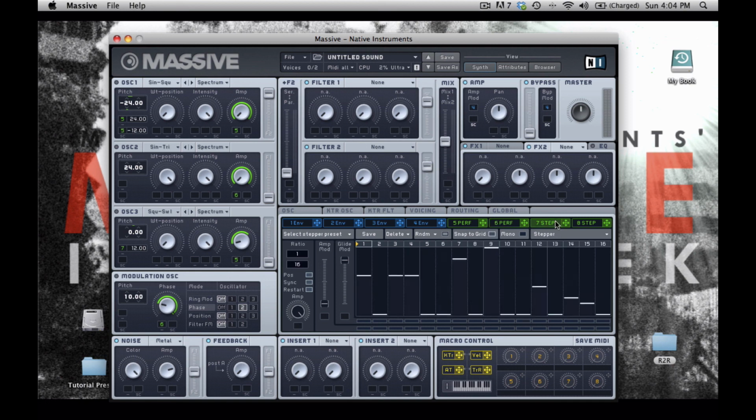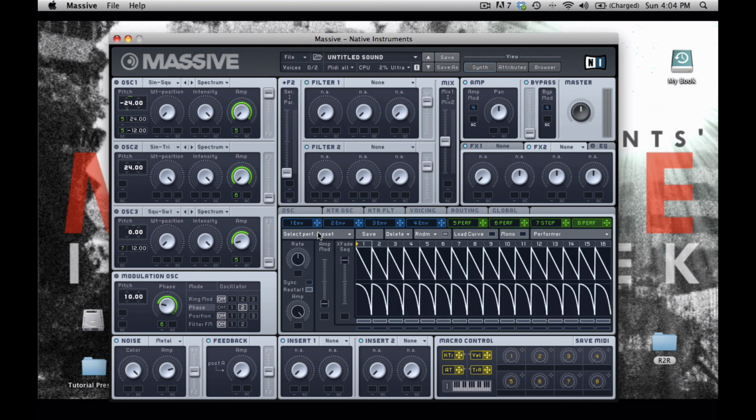And then for this one, let's choose the 8th stepper here, performer, and assign this to the amplitude. And I don't want the amplitude to go up all the way, so I'm going to turn this down and then have my range go up to about here. So if I sync up my 8th performer to 16th notes as well, it will sound like this. And that's pretty cool. It's a little bit boring, but when we put everything together,